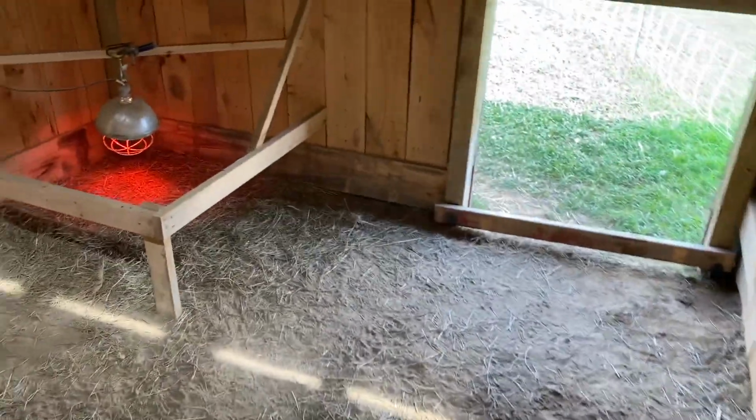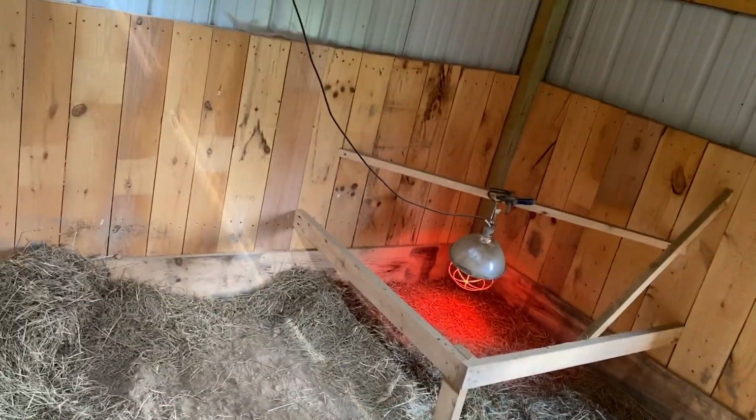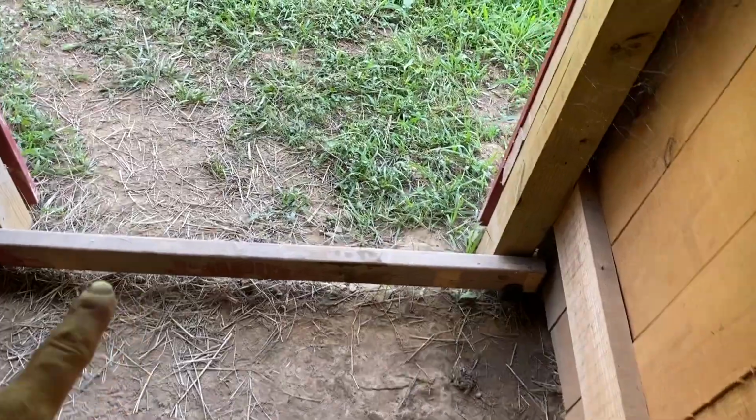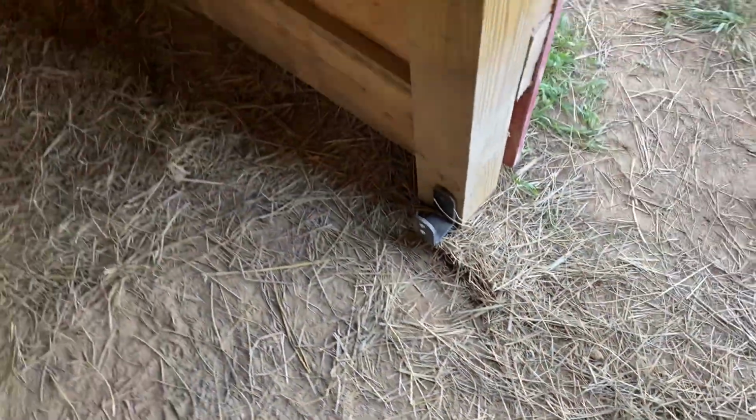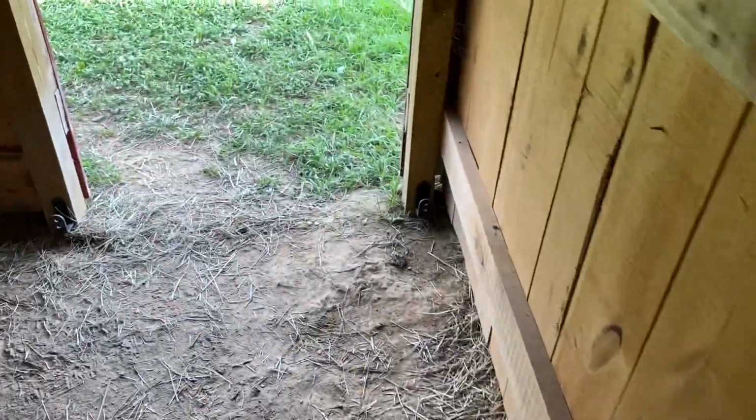Might as well go out here. This is Josie's pen. See, we got the heat lamp on for her piglets who have ventured out, so they don't any longer need this board. I can get that taken right out, so they don't have to jump that anymore. Well, let's go out and see what her little piggies are doing,